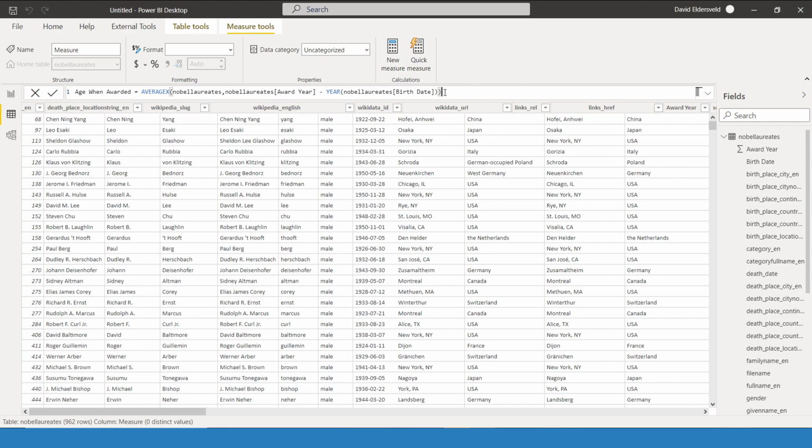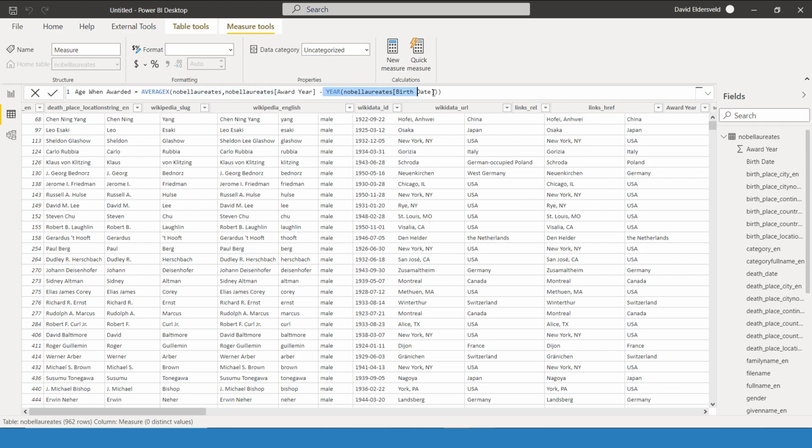It's a situation where as you get more advanced with DAX, you have opportunities to do more things as measures and avoid some of the problems you would have with calculated columns in DAX. So once again, it's a long-winded way to say better practice for DAX over time as you grow in DAX would be trying to avoid calculated columns, and this is a technique that will allow you to do that. Anyway, I did not explain that well, but anyway, age when awarded, I'm averaging out the award year